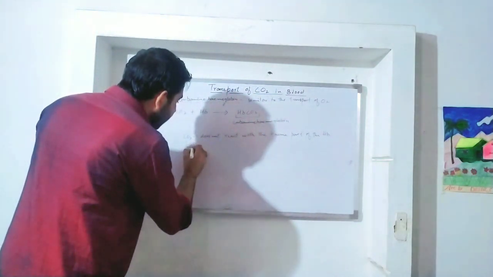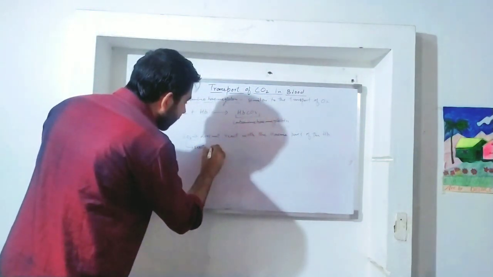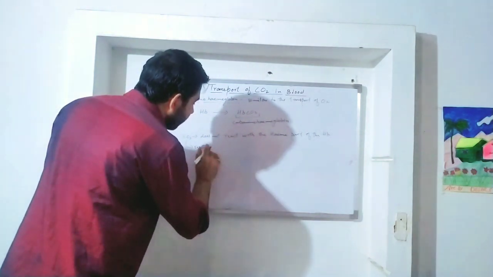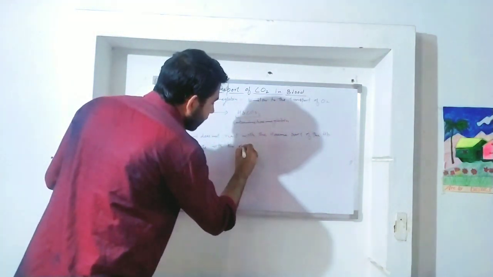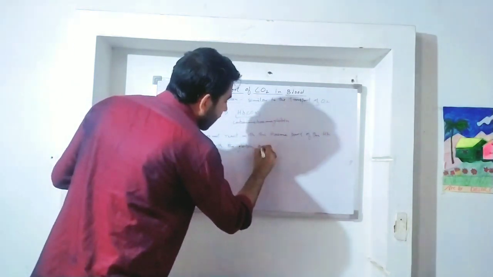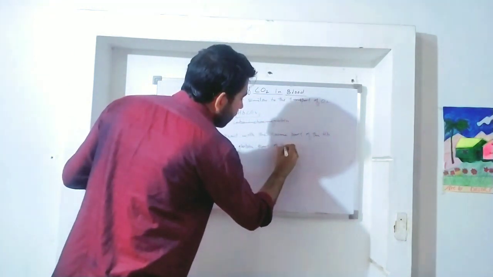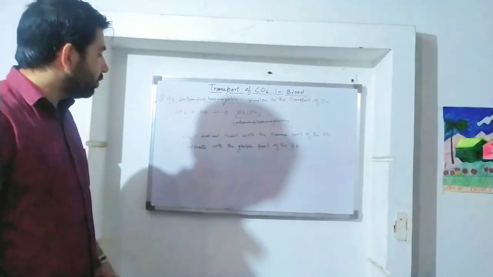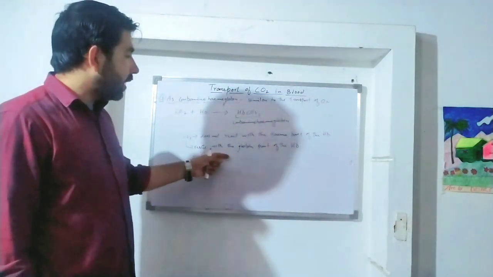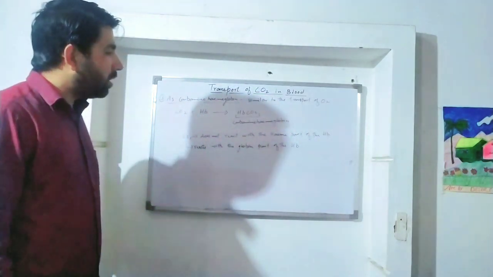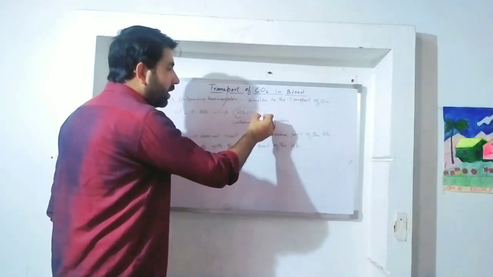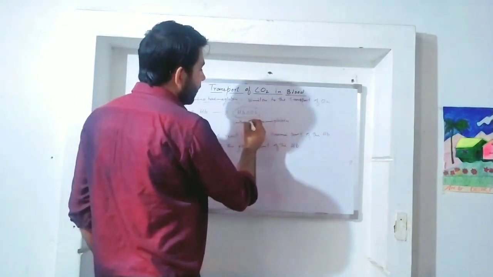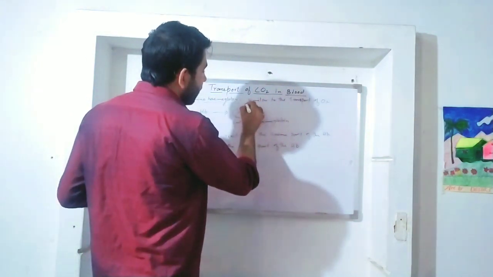But carbon dioxide adds on the globin part of the hemoglobin, that is the protein part of the hemoglobin, to form the carbaminohemoglobin, and this carbaminohemoglobin is formed in the tissues,